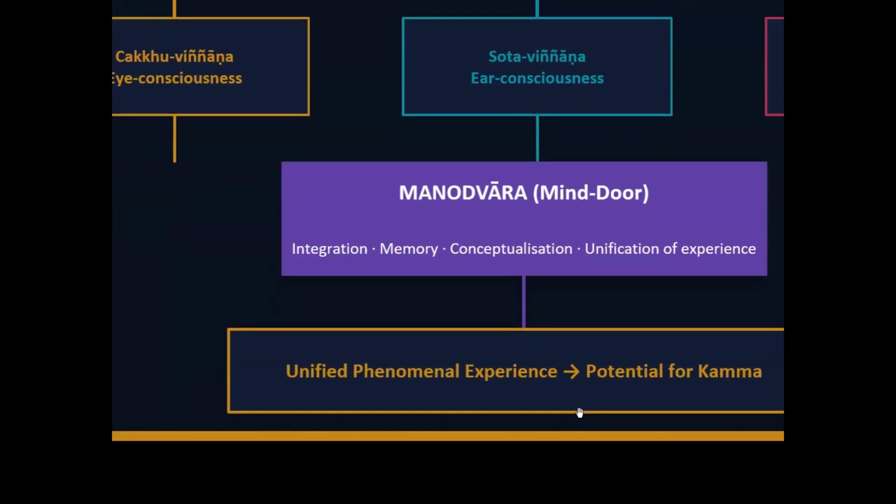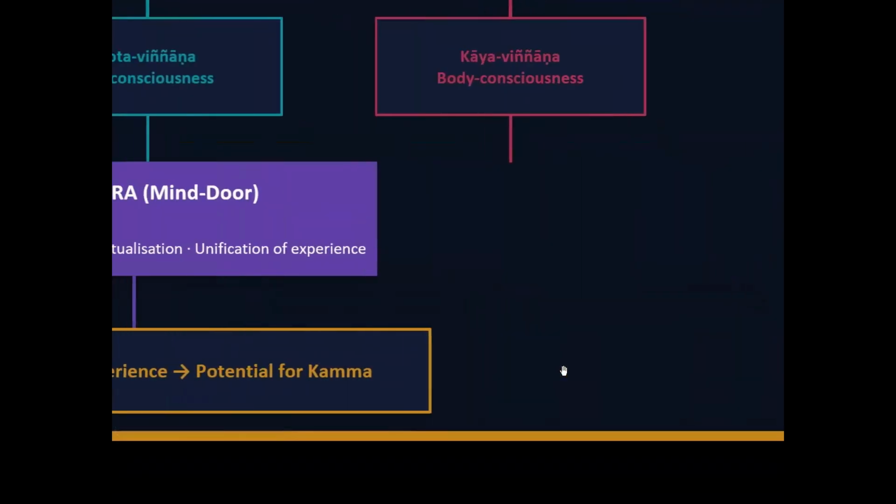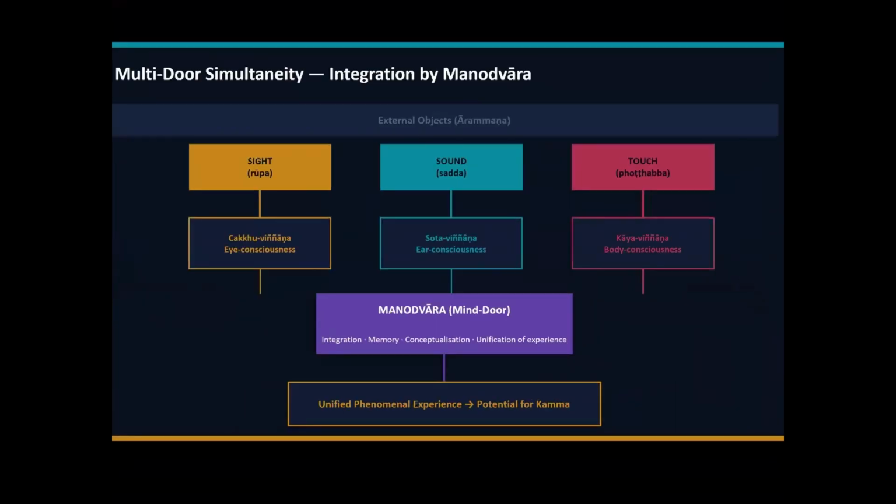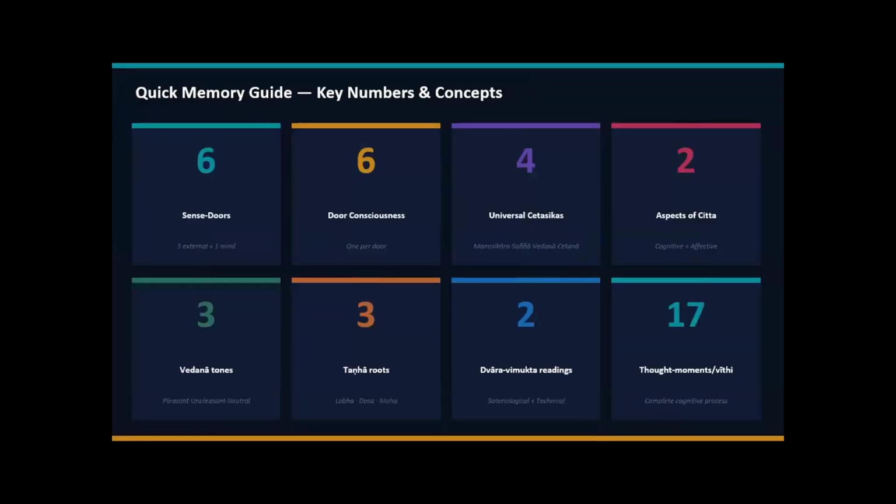So when unified phenomena experience becomes potential for karma, right? This is when in very pure form, you get no karma created. It's our mind working all this, then we have the karma of good or bad. So this summarizes everything of what this lesson is about.